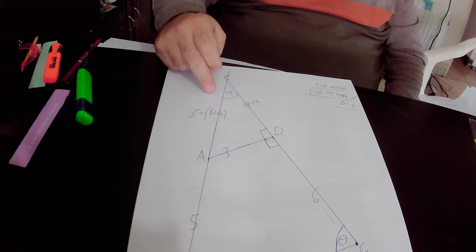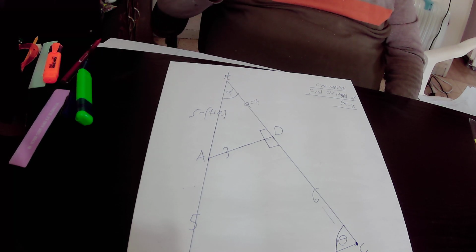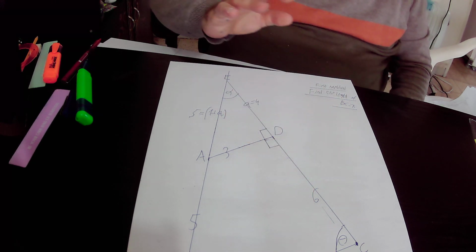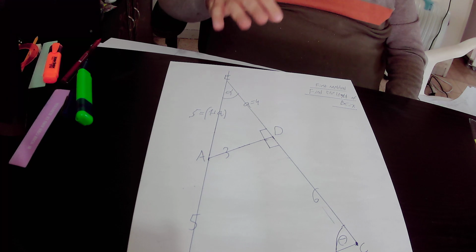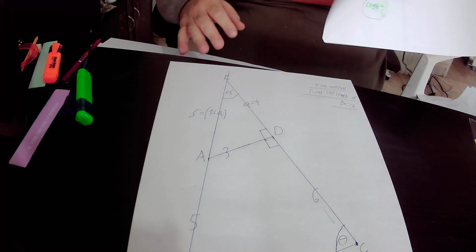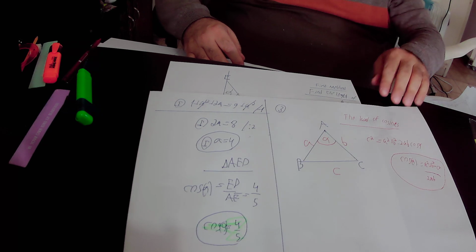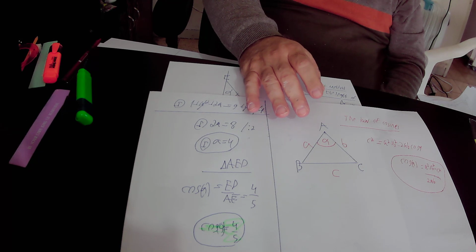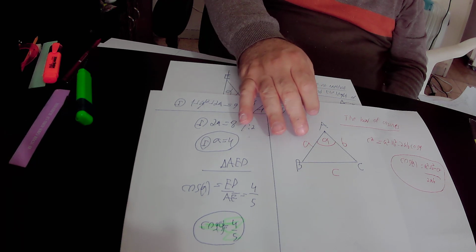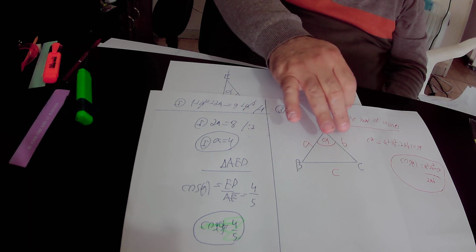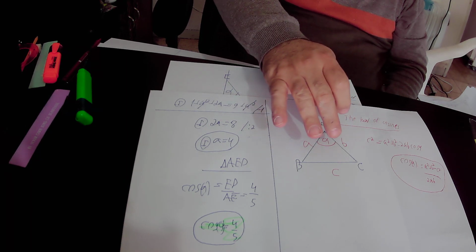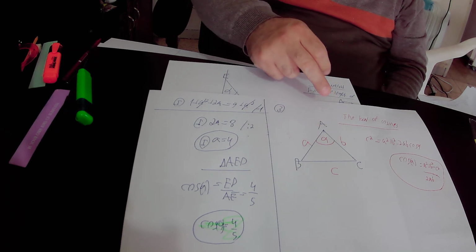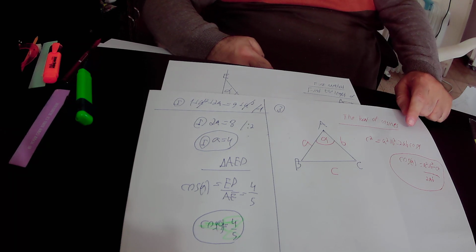DE is 4, AE is 5, so cosine alpha equals 4 over 5, and the only missing variable here is x. So we can implement the law of cosines in this big right triangle, triangle ABC. The law of cosines is true in any triangle, so if this is a triangle ABC, that could be any triangle. Side AB equals A units in length, side AC equals B units in length, and side BC equals C units in length, and the angle between side AB and side AC is alpha. Then, according to the law of cosines,